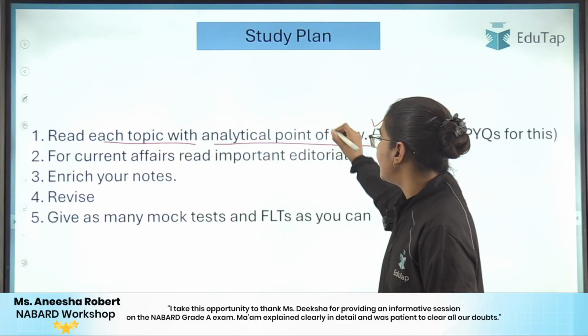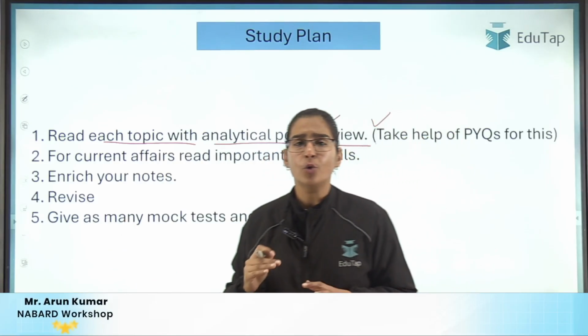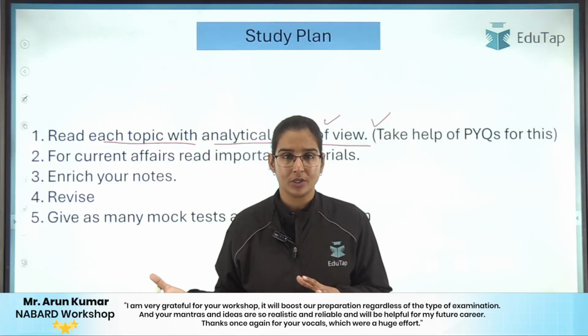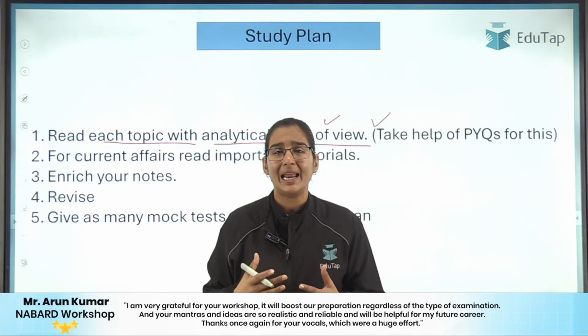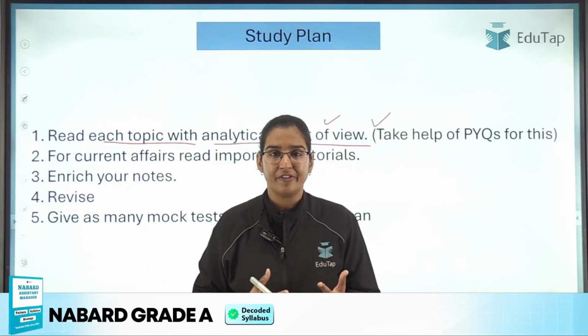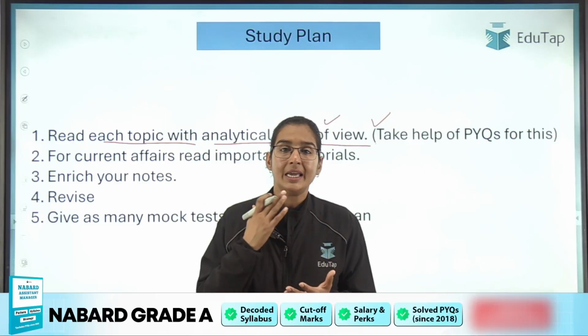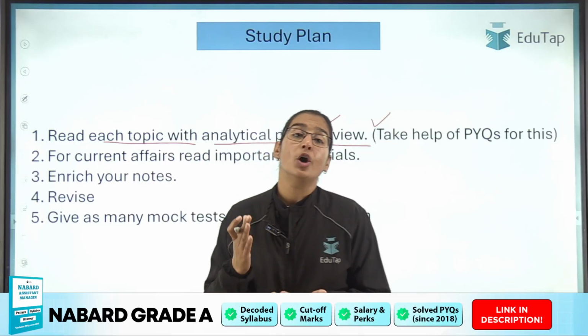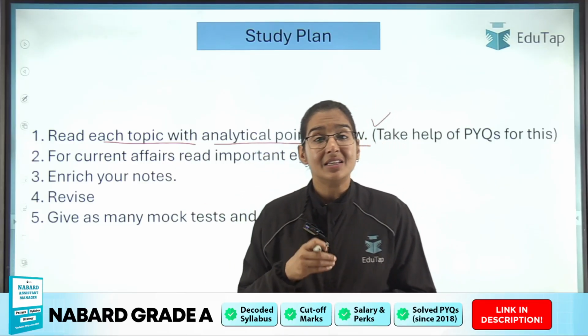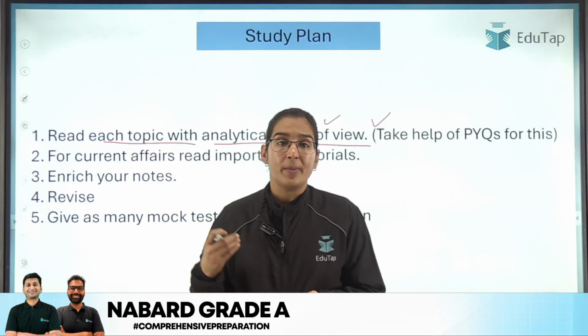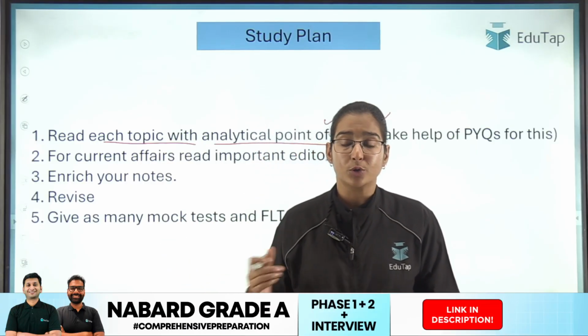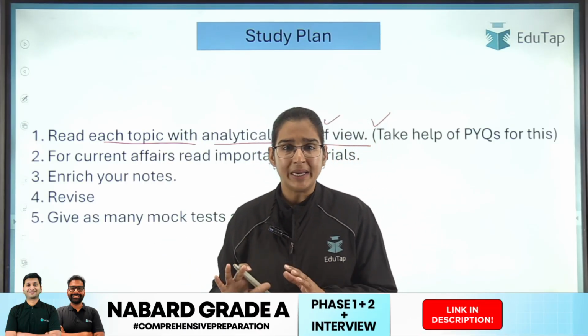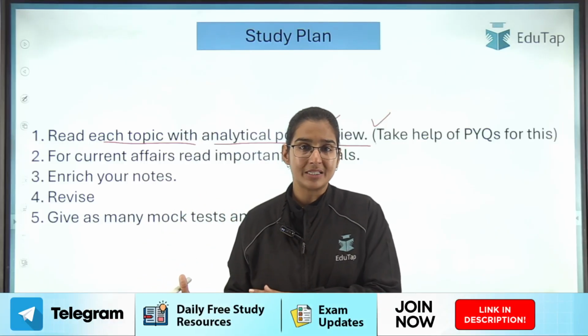So this is the first thing you have to do, and you don't have to do it once you are done with your syllabus. Don't do that, otherwise it will be like doing double efforts. When you are studying one particular topic from your objective perspective, at the same time try covering that topic from the descriptive perspective also. There and then make the notes, complete it, and then only move towards the next topic.